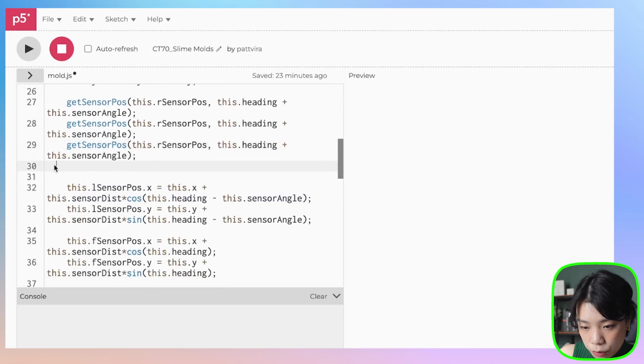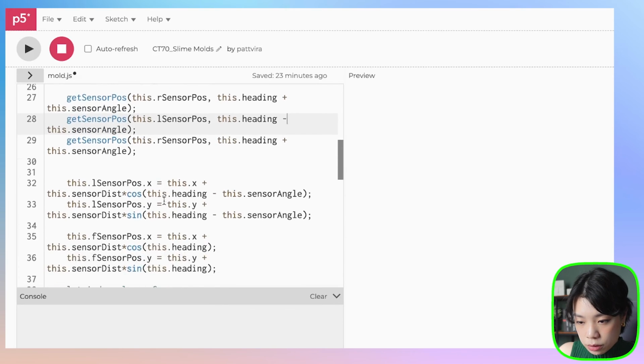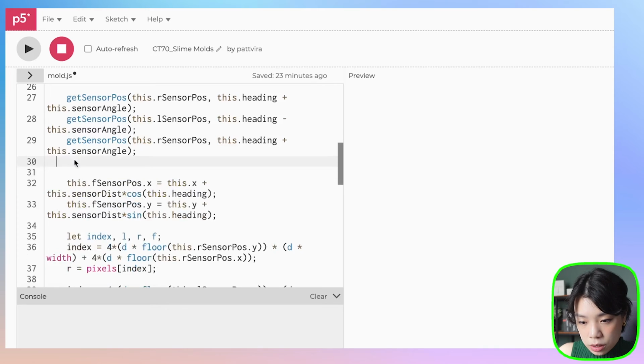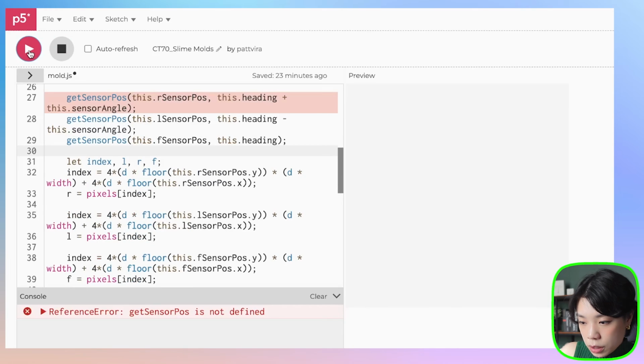so we can delete this part. For the left side, we just put in left, and then this will be minus this dot sensor angle. And then for the front sensor, it's going to be this dot f sensor pose, and then for the angle, it's just going to be this dot heading, right? All right, and then if I click run,